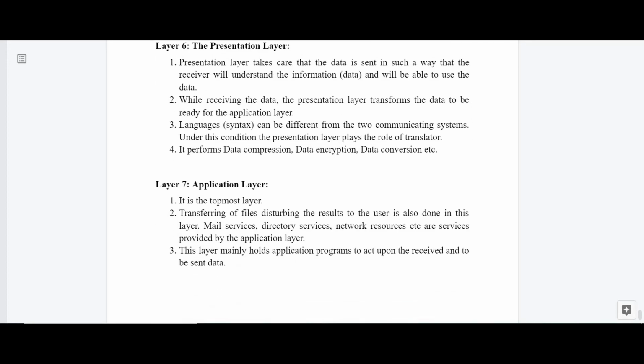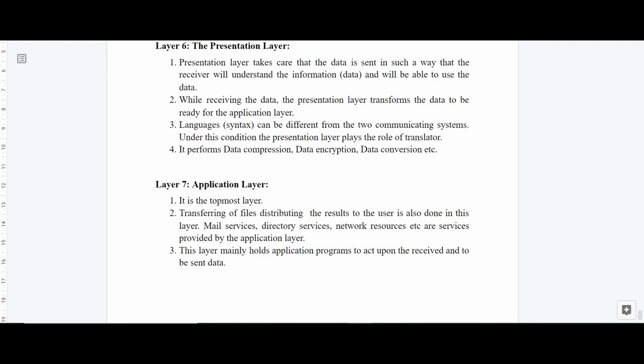Next is the last layer, the seventh layer, the application layer. It is the topmost layer. It transfers files, and distributing the results to the user is also done in this layer.